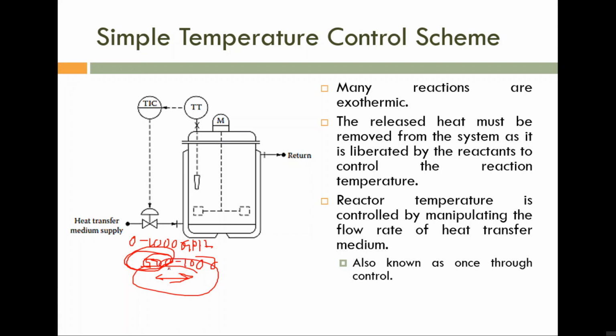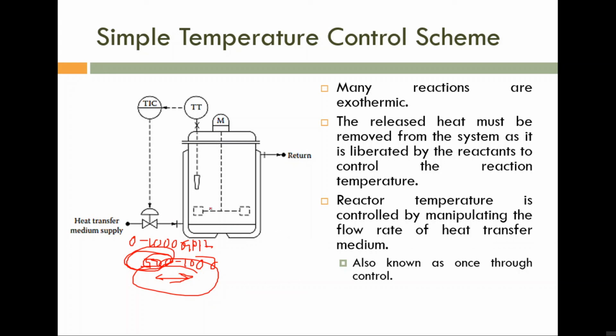Rangeability is small. Okay, so the rangeability is small, and that is very important. Rangeability is small, but the operating point is large, meaning 500 to 1000. So the range is small, and that we have to consider. The rangeability is very important. In the next class we will discuss all these things. Please note, we need to maintain a large flow rate.